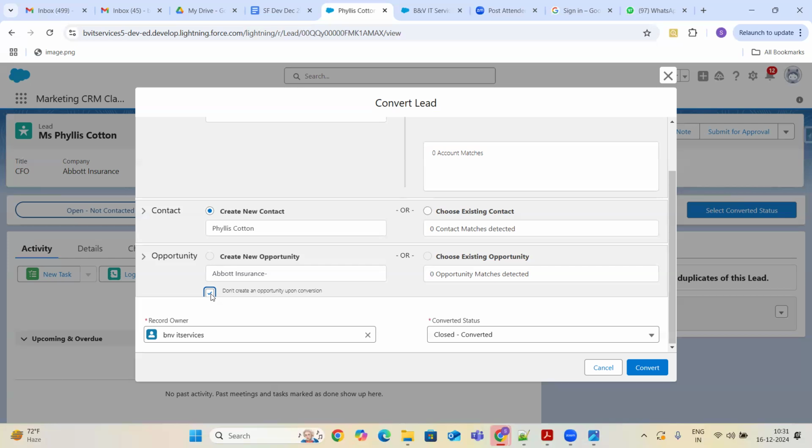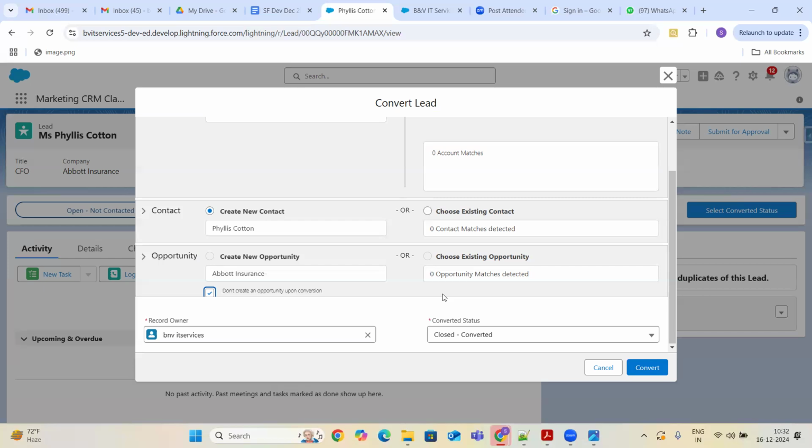You are not going to take any loan or purchase any plots right now, but in the future there is a possibility that you will look to purchase a plot or take a loan. In such cases, they will not create opportunities. They will check this checkbox and click on the convert button. And in what cases will they create the opportunity? If you tell them, yes, I would like to purchase your product, yes, I am interested, I would like to see your plots.